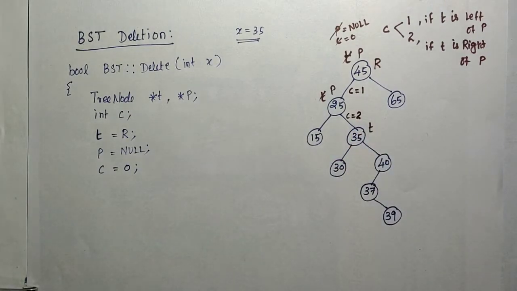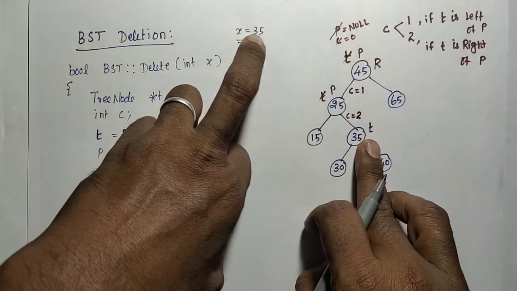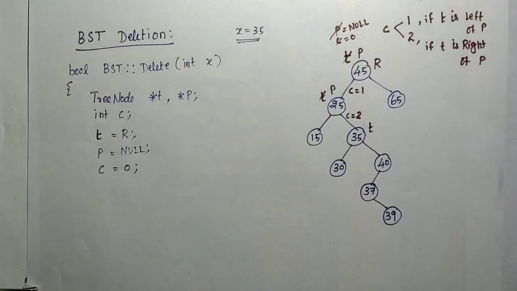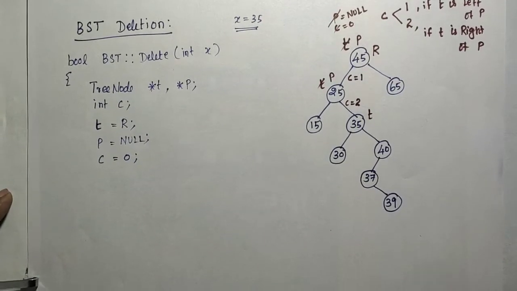Okay. So the next iteration again the searching will be continued. The next iteration, t and x. Now x is equivalent to the t data. Correct. So now we got that node. So this is the code for searching a particular node. Once we got the node to be deleted, I need to write a separate procedure to delete the node. So there are some different cases to delete that particular node, that we will discuss. First we will write the code for this searching.